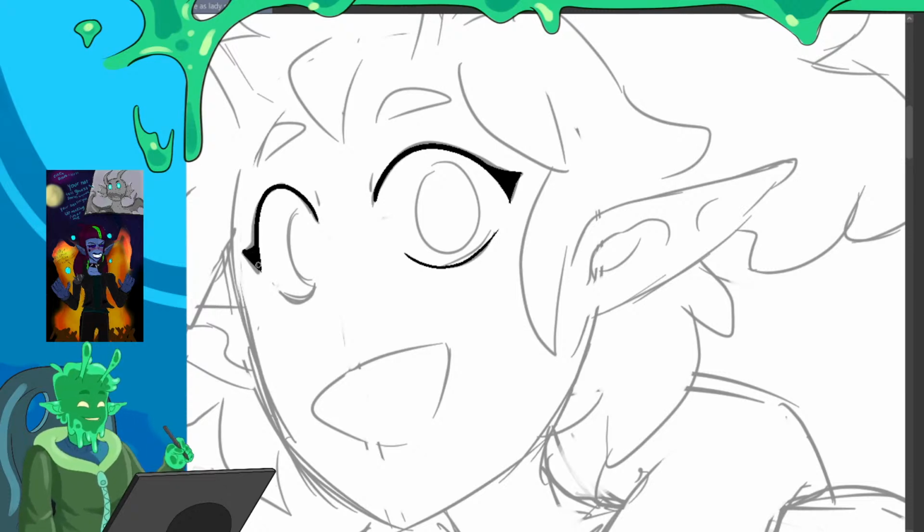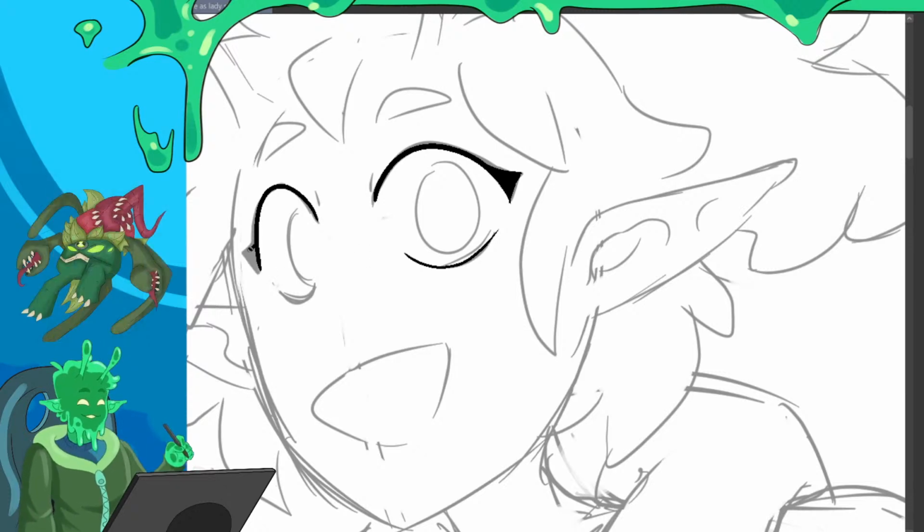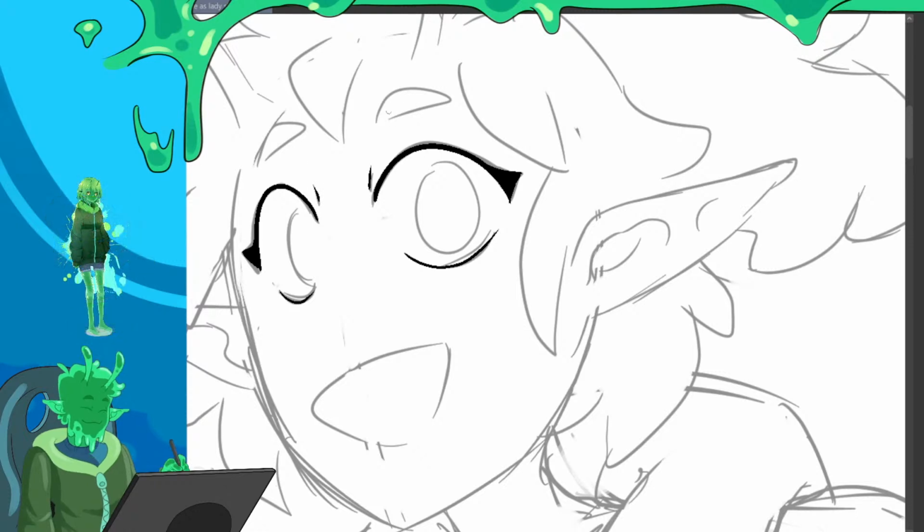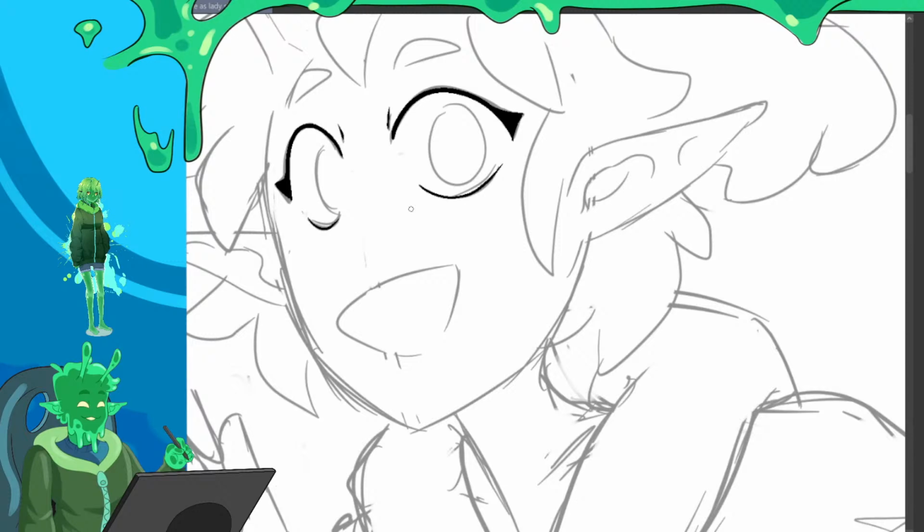My question is going to be, when we get to these whites, I think it's called the sclera, this part of the eye, the whites of the eyes. Should we do white sclera and yellow irises, or yellow sclera and white irises? Because it's more accurate to do the yellow with the white, but it might look better and more anime to do it the other way.